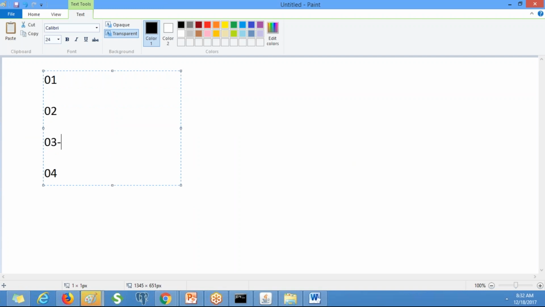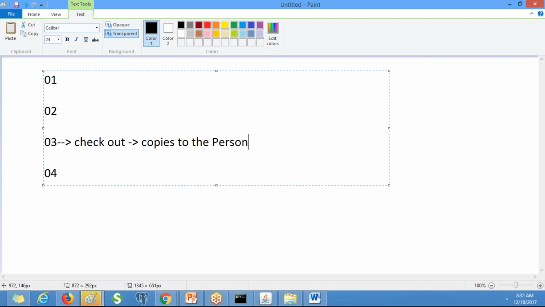I have checked out this rule. Then what will happen? It will be copied to the personal rule set. The personal rule set is a temporary one, and the rule set name is your operator ID.